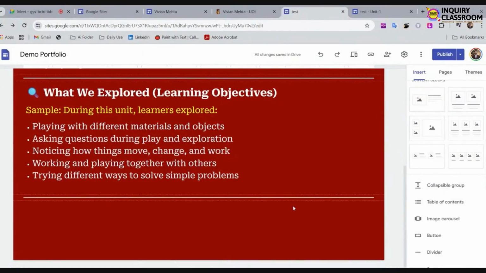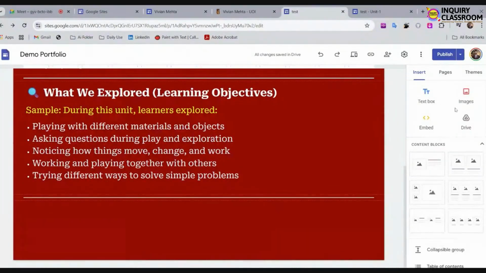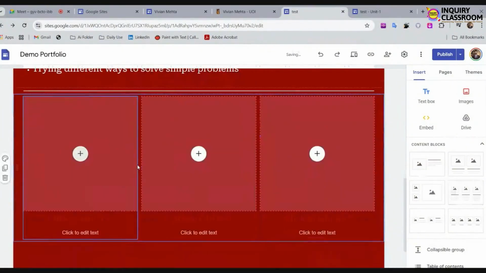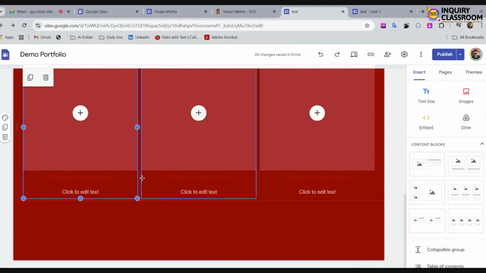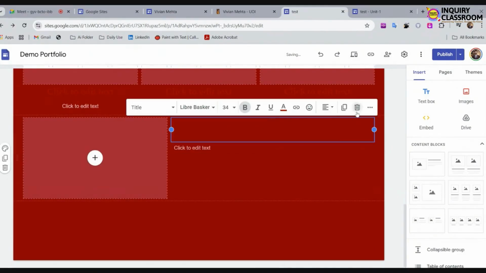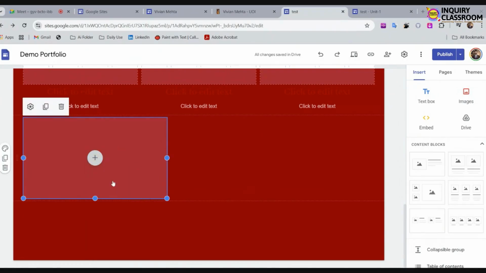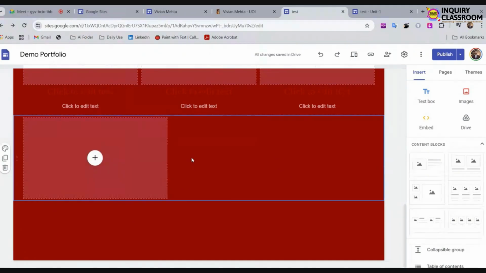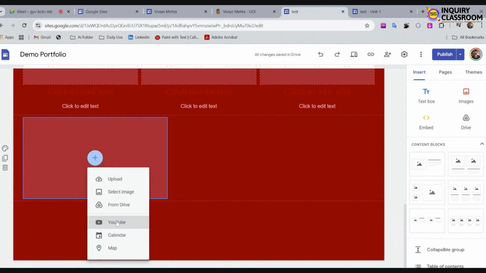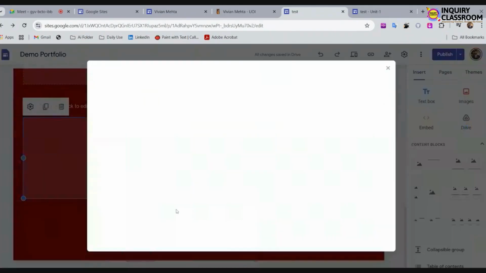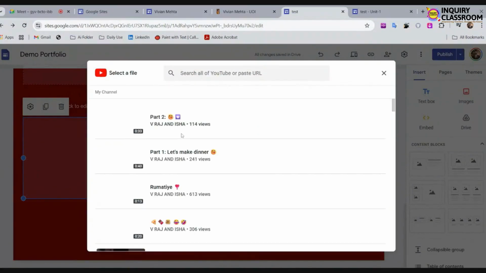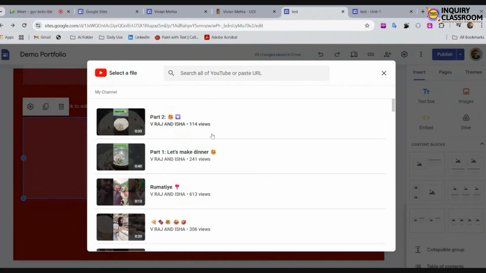Okay, now you want to know how to add videos here. Suppose I add this section here and I want to add a video from YouTube or Drive, it can be from any place or a desktop. Desktop is easy, click here, upload, and you can select the video and upload. If you want to add a YouTube video, click on YouTube, and it will open your YouTube channel, like